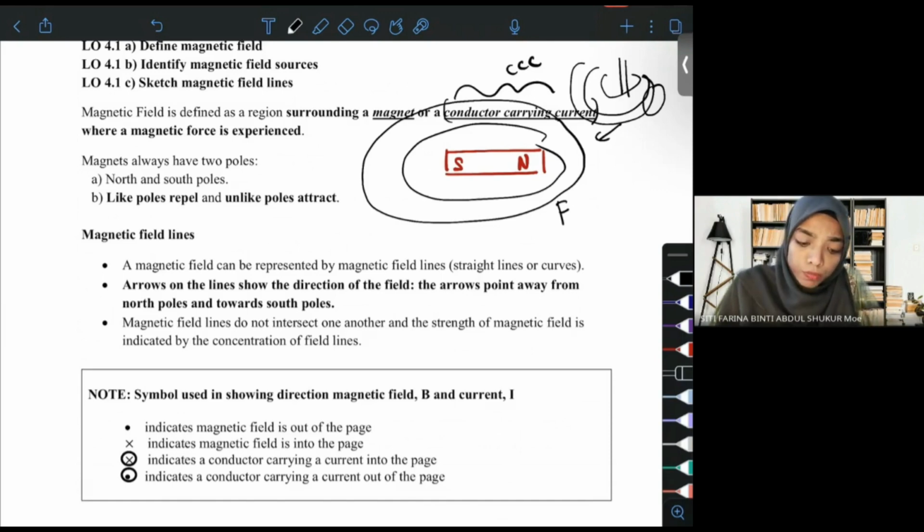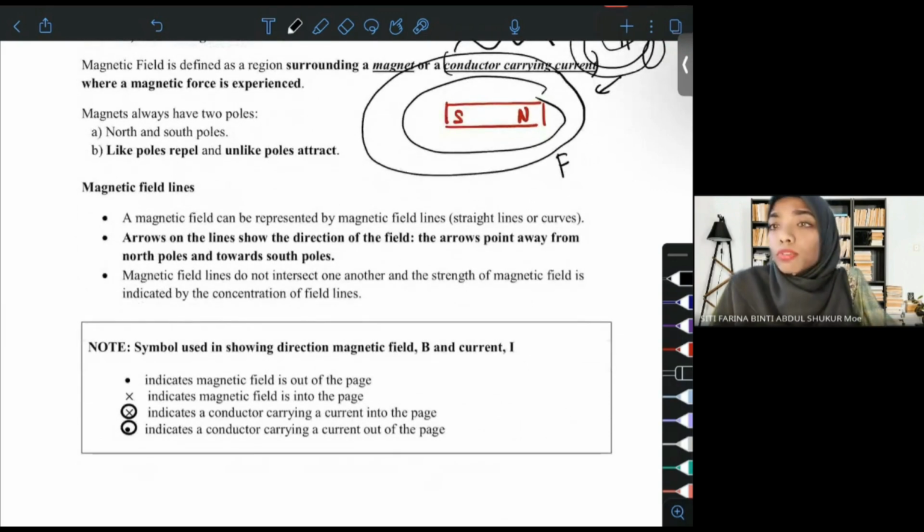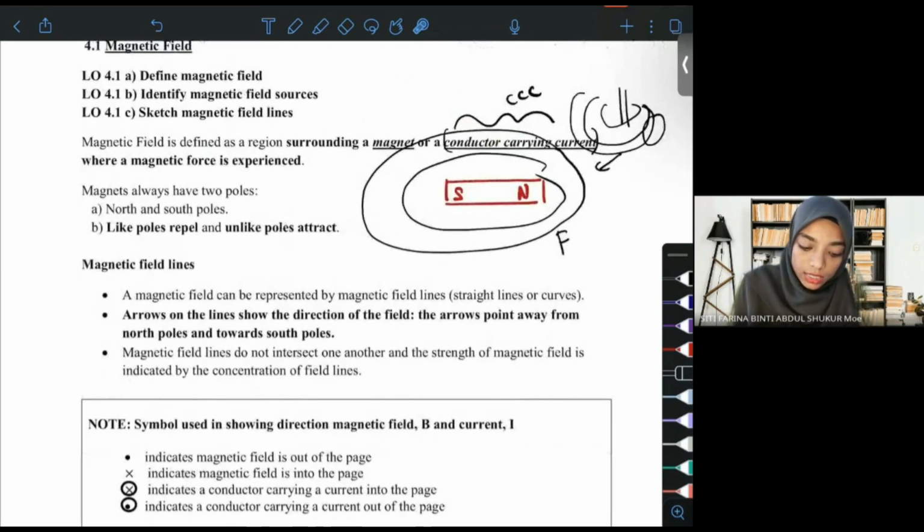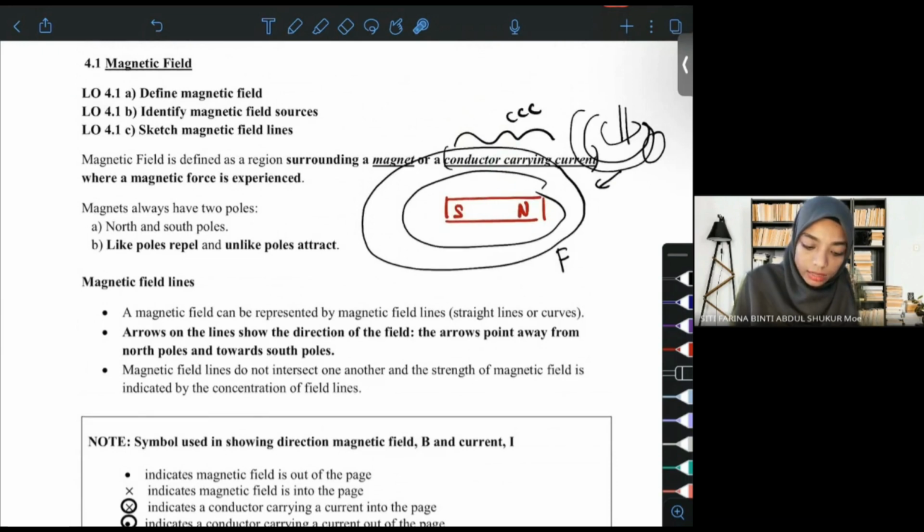Okay, so magnet is something that you're very familiar about. You have looked at this in your secondary school. Okay, and you know magnet has north pole and south pole, and we know by now like poles repel, north or south. They are going to repel each other, and unlike pole is going to attract each other. North attract south, south attract north. Okay, all right. So before we look further into these magnetic field lines, we're going to recall back the